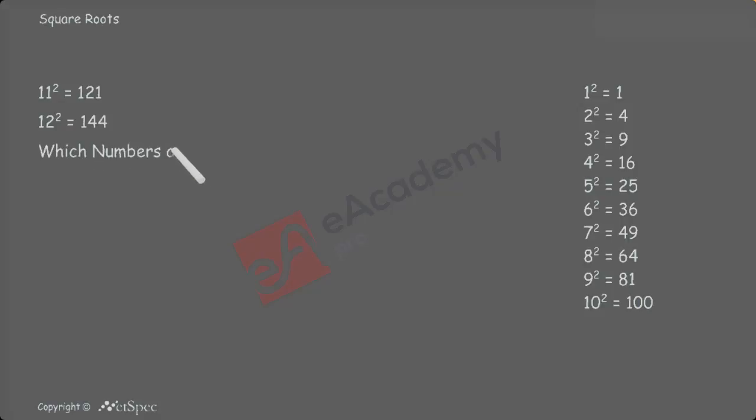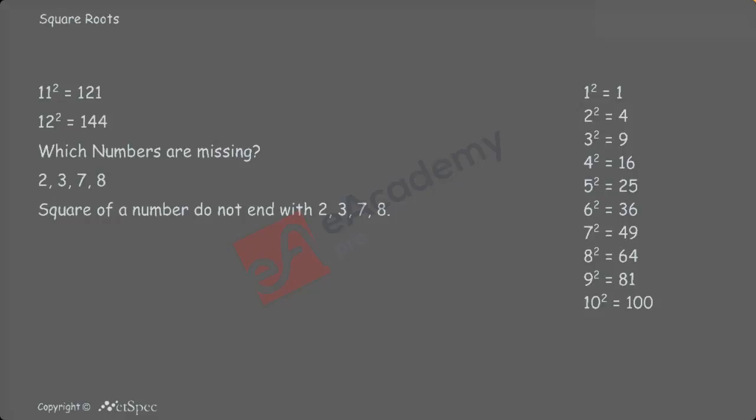Which numbers are missing here? 2, 3, 7, 8. By observing this, we could conclude that a square of a number cannot end with 2, 3, 7, 8. It doesn't mean that a number which ends with 0, 1, 4, 5, 6, 9 is a